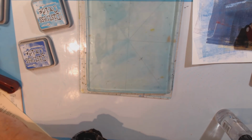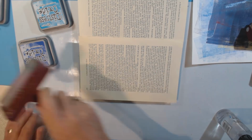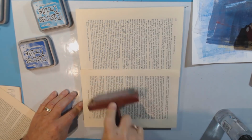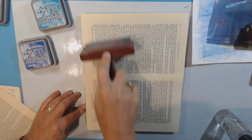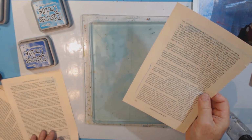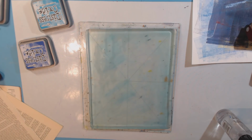Let's use a piece of text paper here just to soak up what's left of the ink. Oh, I'm sorry, I'm going off screen. Not much left on there. Okay, now I wonder if we could get some more texture in this if we lay down the oxide inks and use a texture plate. So let me grab